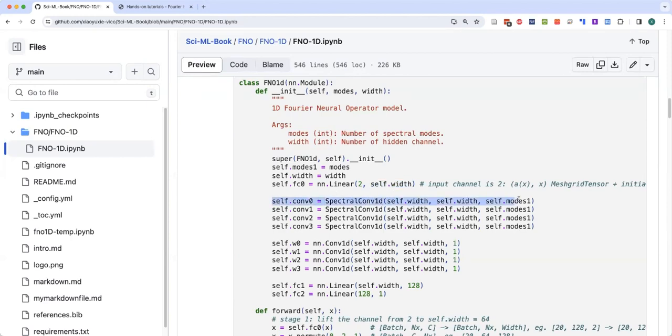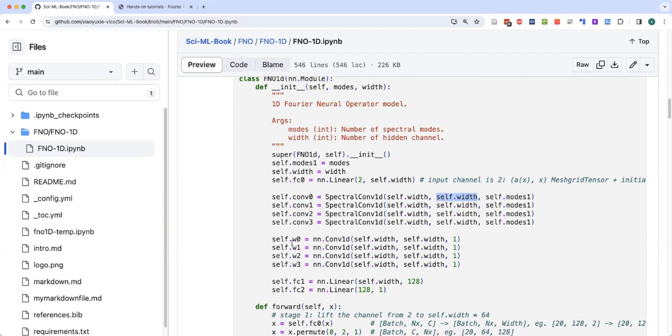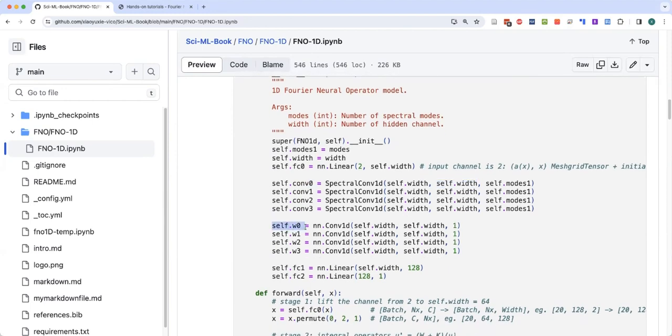After that, we define some convolution operations. This is a spectral convolution. They will use the same number of widths to make it a standard operation. And W0 is the 1-by-1 convolution. For the 1-by-1 convolution, we keep using the same number of input channel and output channel to make sure your input data and your output